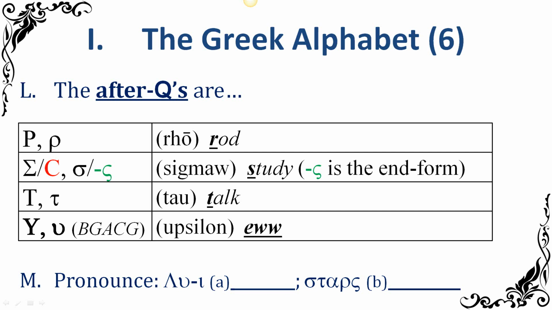Now, on this next one, I had to separate it out because normally those two letters together is a diphthong, but I didn't want you to pronounce it as a diphthong. I want you to pronounce it as two separate syllables. So I had to put a hyphen in there to separate it out. And that first one that looks like an upside down V is actually a capital lambda. Yeah, so we have lambda, upsilon, iota. So it's two syllables, lambda, upsilon, iota.